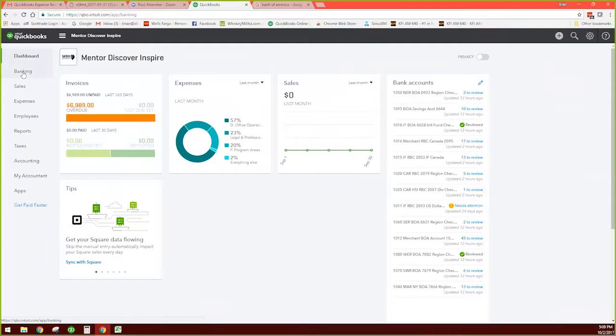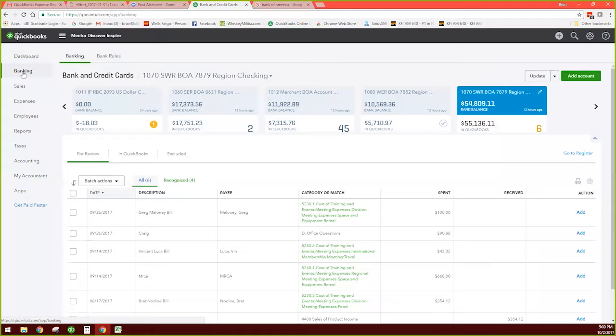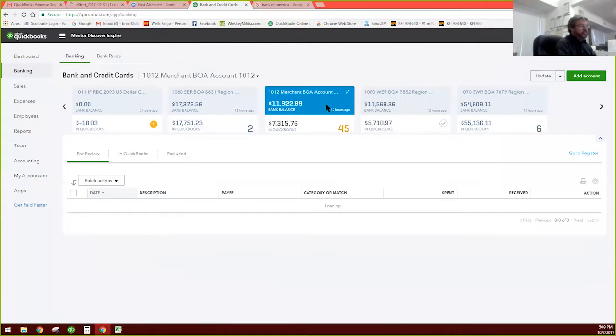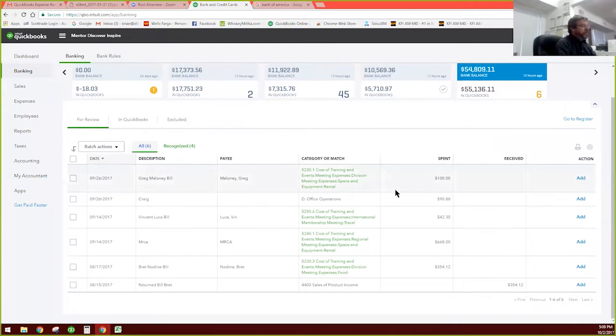Your banking screen, I'm going to do this all in the Southwest region for right now. Southwest region, you can see right here, that's where we are. If you want to choose your other regions, you can. But here we're in Southwest. So what I want to make really clear is on this screen in particular, these transactions are not in your register yet. You have to review them and assign them different information, which we'll get into, and then add them